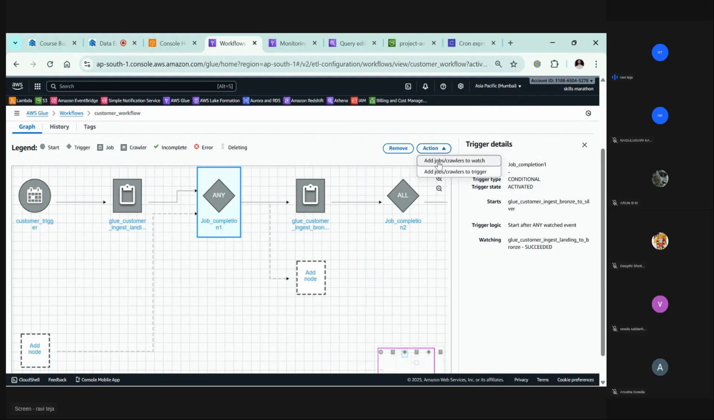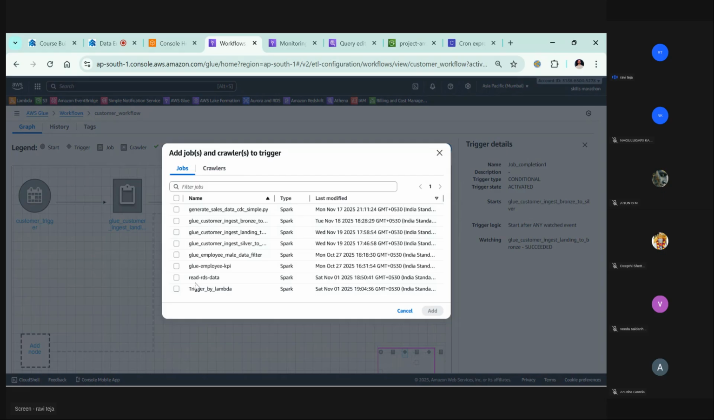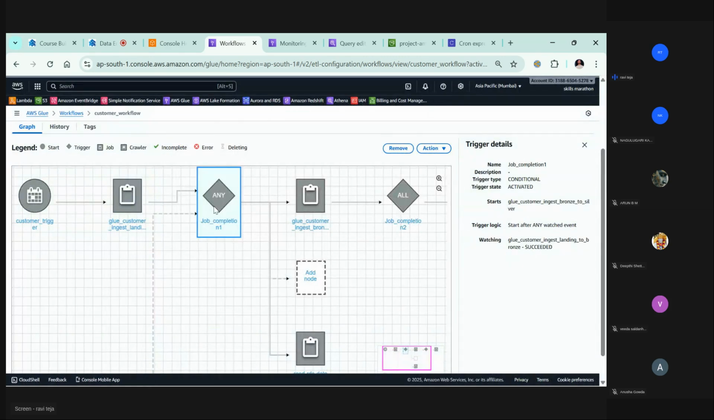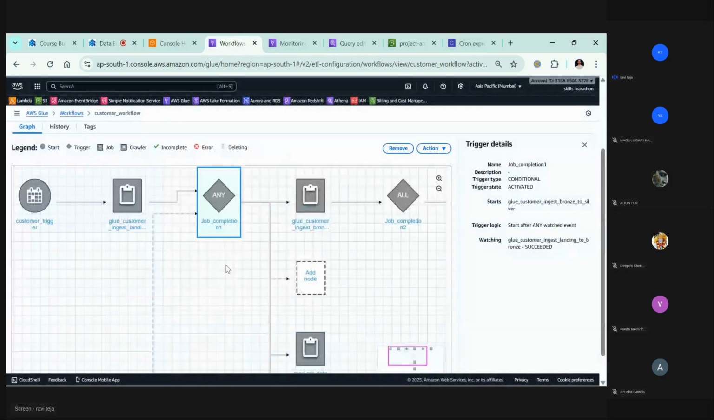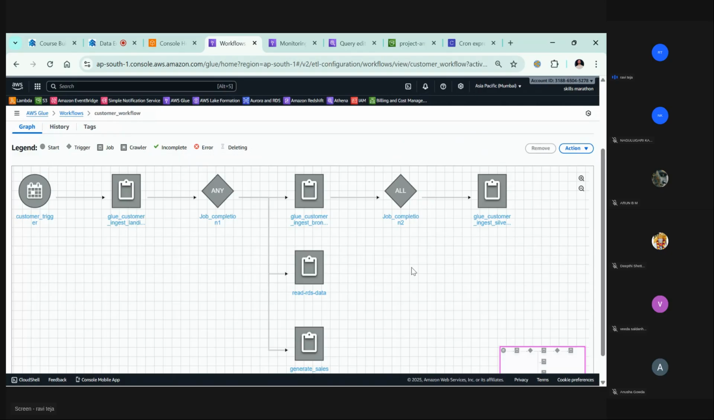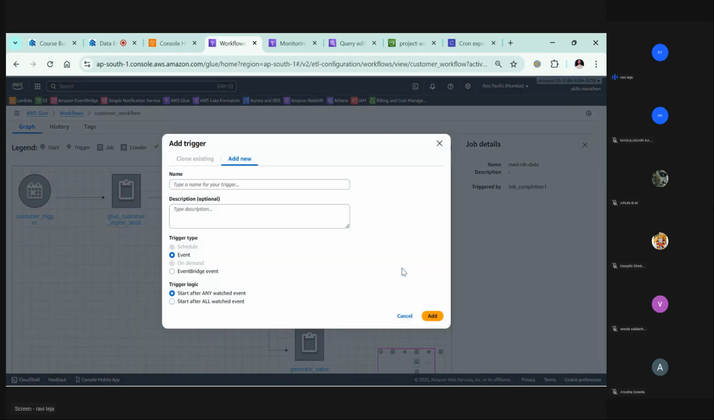add job crawlers to watch, add job crawlers to trigger. That, if it happens, it will do. See, if this is completed, you can trigger multiple jobs. If you click on this, let me add this CDC. Okay, see, the moment this glue job is completed, you can trigger multiple jobs. Maybe once this is completed, you want to trigger one more job,